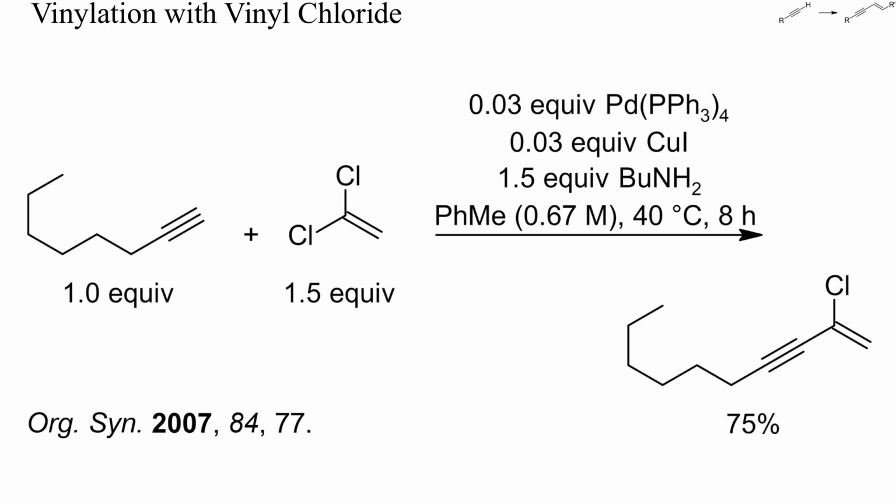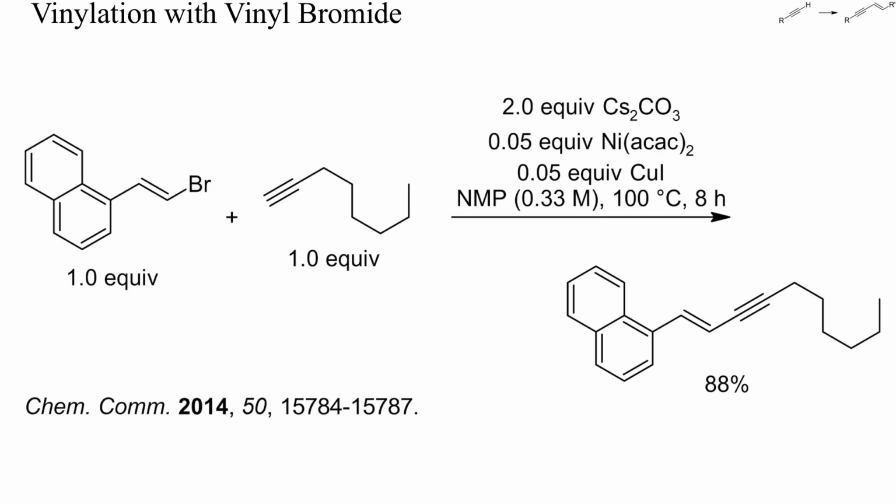Let's move on to more predictable vinylations. This here is a typical coupling of a vinyl chloride with a terminal alkyne under Sonogashira type conditions. A copper acetylide reacted with a vinyl palladium intermediate under mild conditions to the expected enyne. For more variations of this theme, you may check part 3 of this playlist, where I discussed the arylation of terminal alkynes. Vinyl bromides are more reactive than chlorides and usually react much faster, but can also undergo elimination.